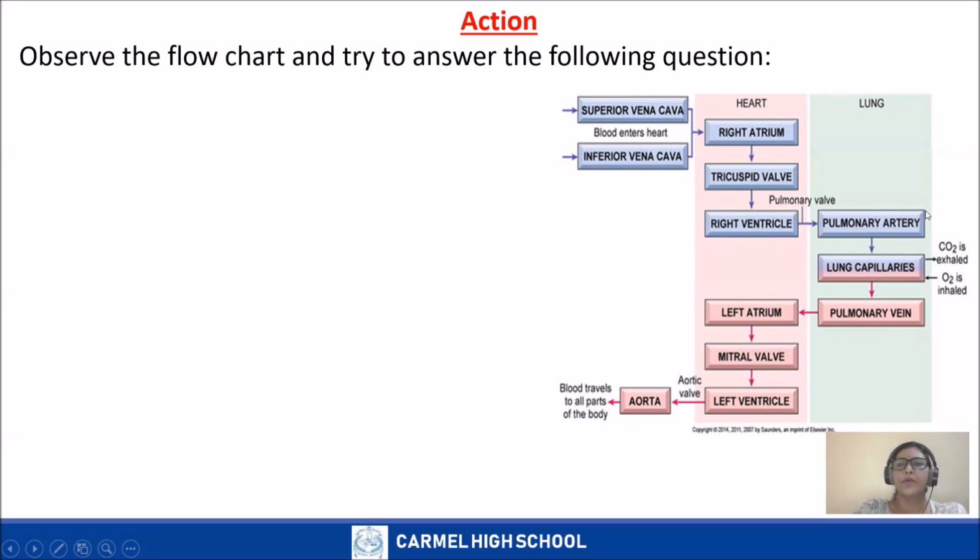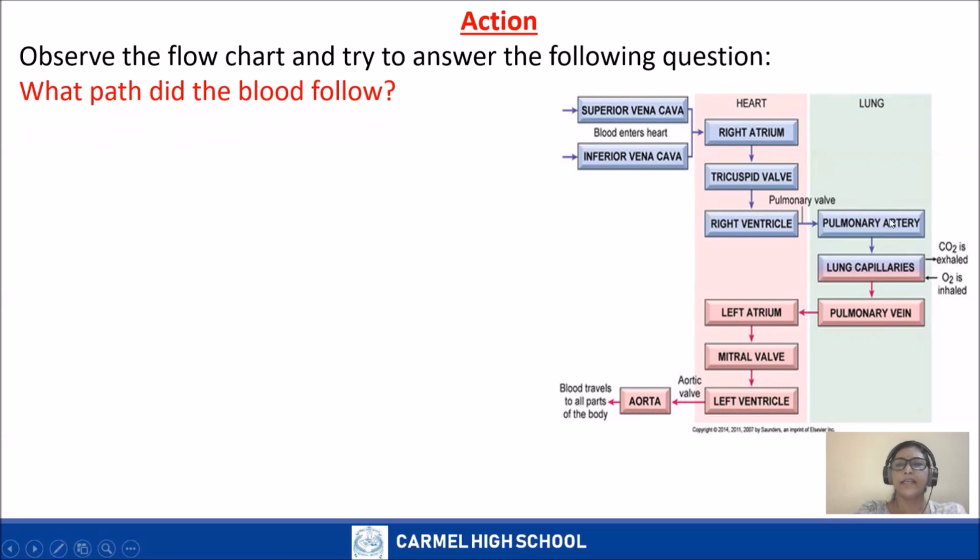Now, an artery normally carries what? Oxygenated blood to different parts of the body, right? But in the heart, the pulmonary artery is performing a different function. It is carrying what type of blood and where is it taking it? Correct, it is carrying deoxygenated blood and it is reaching either side of the lungs. The pulmonary artery is reaching either side of the lungs.